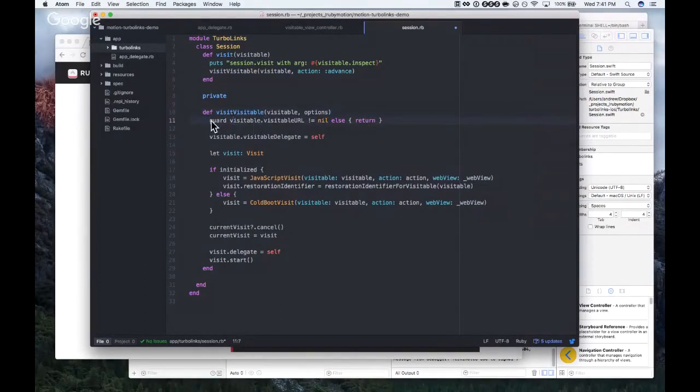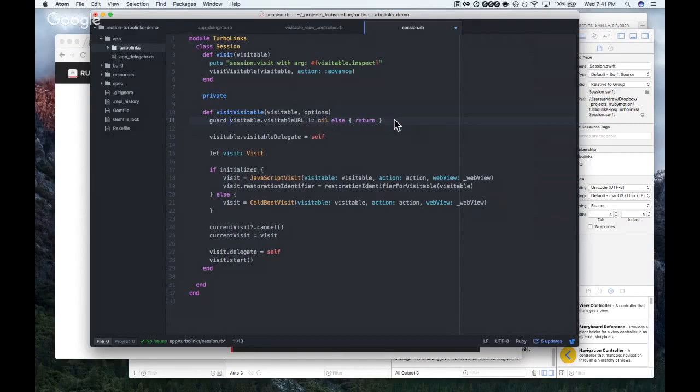Let's translate this first line here. Guard visitable URL is not equal to nil, else curly braces return. I think the best Ruby translation for that would be unless visitable.visitable_url, return.